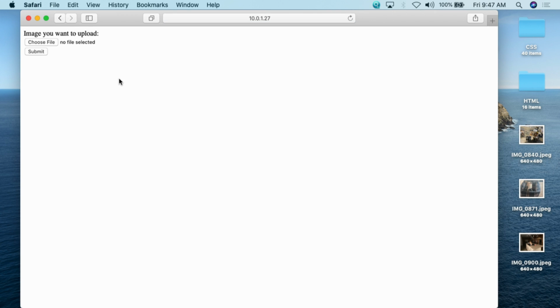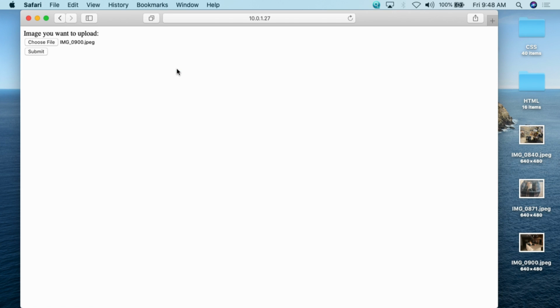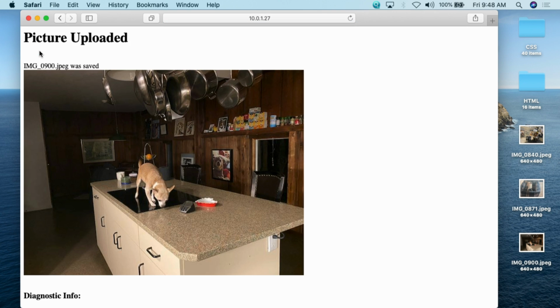So we click on this. This takes us to the form. I haven't done any fancy CSS or anything with this. Again, I try to keep these things as simple as possible for you. Make it pretty. Again, if you're going to be doing this in the real world, make it pretty. But this is all you need in order to actually make the form work. So we can go here and we go to choose a file. And from choosing a file, I can say, well, oh no, let me choose this file. So I'm going to choose that file, img_0900.jpg,